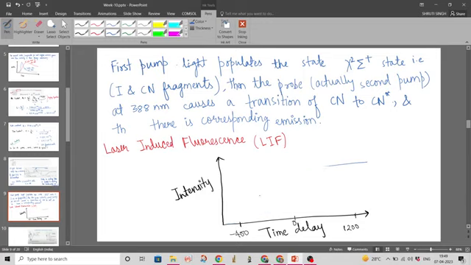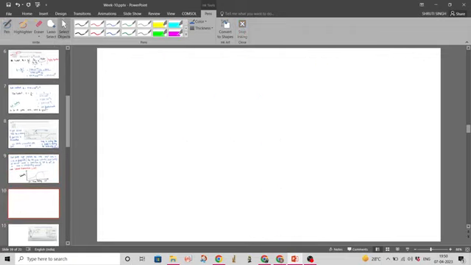Okay, so at this point, the bond broke and there is an increase. And then it became constant. So here, let me explain this. The fluorescence is not observed immediately because, as I told,